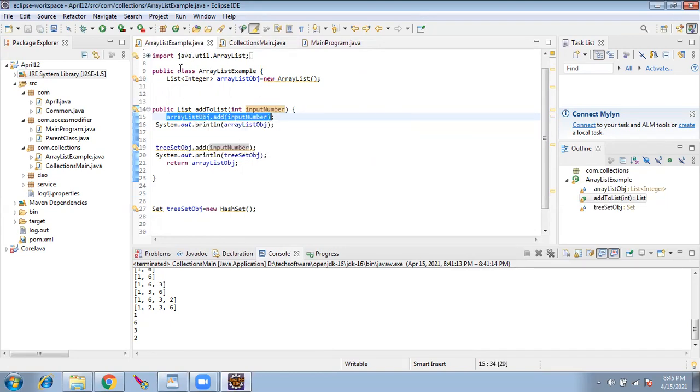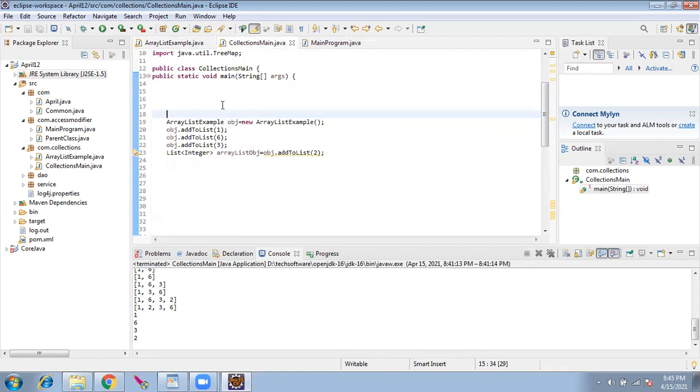The reason I'm coming to a new class is, you should always know how to create an object and pass the value to another class. I can create everything in a single program and show you, but practically you should know how to pass the value to another class. We won't do everything in the same class.